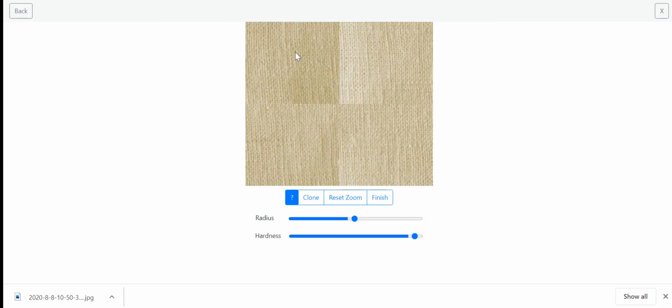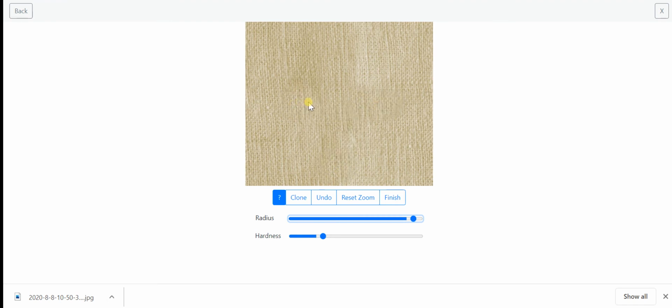I'll check it on and then click on next, cloning. Now we can see that once offset is on, the fabric clearly has a bright and a dark spot adjacent to each other. So now I will click on this clone button. I'll reduce the hardness to about 30%. I click on the clone button and pick up a sample. I'll click on some area where there is uniform color, for example this, and then I'll increase the radius to this big, and start painting this. I'll start cloning this so that the hard line or the separation line vanishes. And I'm going to clear off some dark and bright spots also like this.